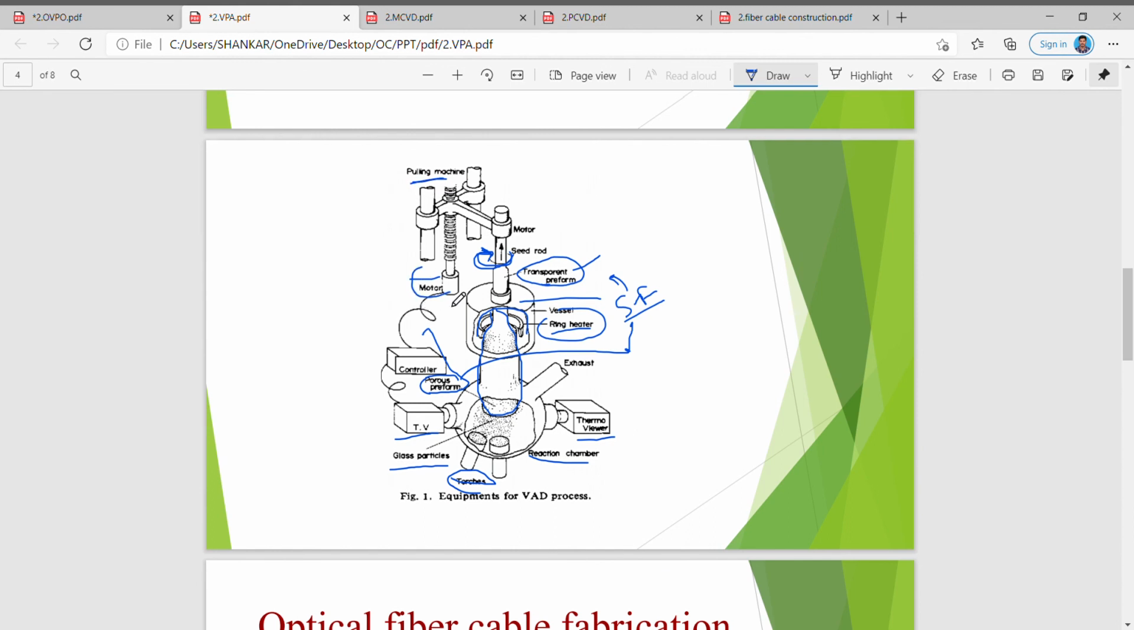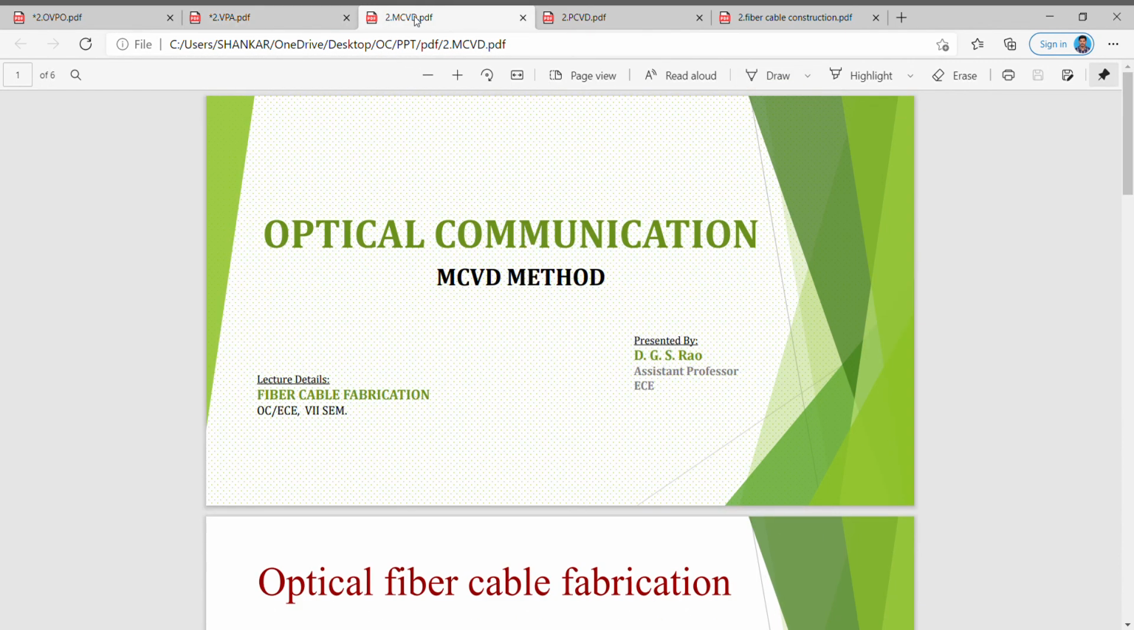This is the VAD method. This method has the advantages that we can design both step index and graded index fiber by using the VAD method, and this method does not require any mandrel at the center, and it has very less pollution during the fabrication of the optical fiber cable. And another advantage is that we can use this method to implement long distance or long communication fiber cables. And the next method